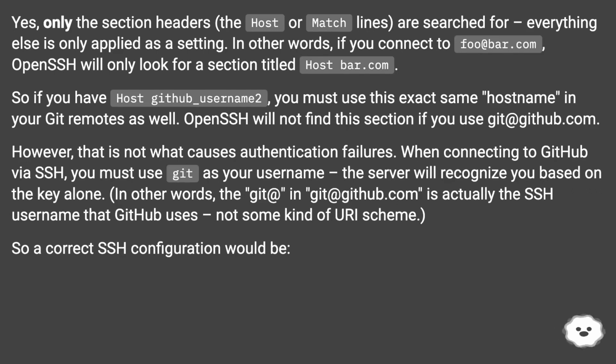However, that is not what causes authentication failures. When connecting to GitHub via SSH, you must use git as your username. The server will recognize you based on the key alone. In other words, the git in git@github.com is actually the SSH username that GitHub uses, not some kind of URI scheme. So a correct SSH configuration would be: